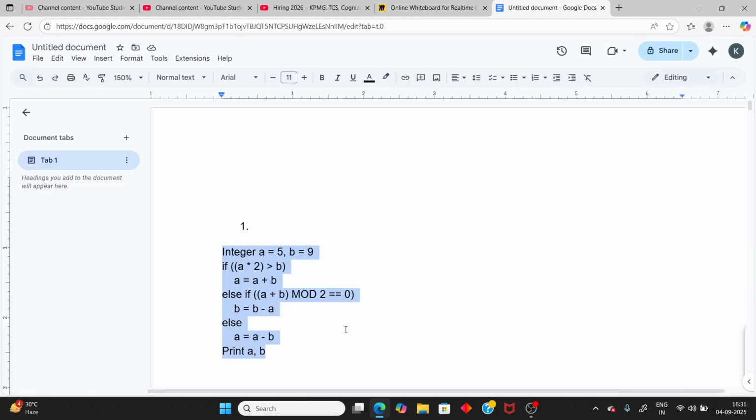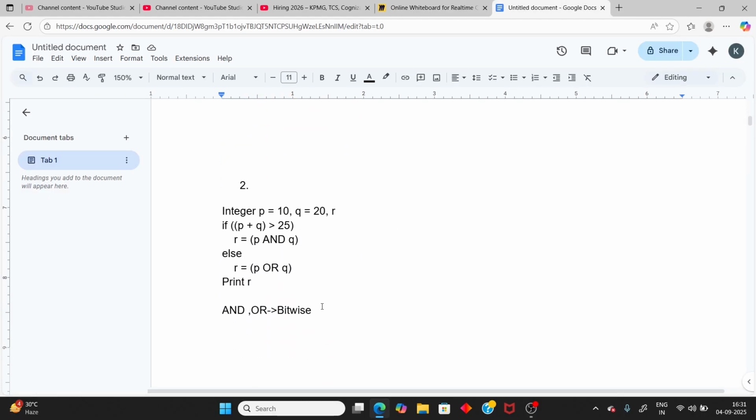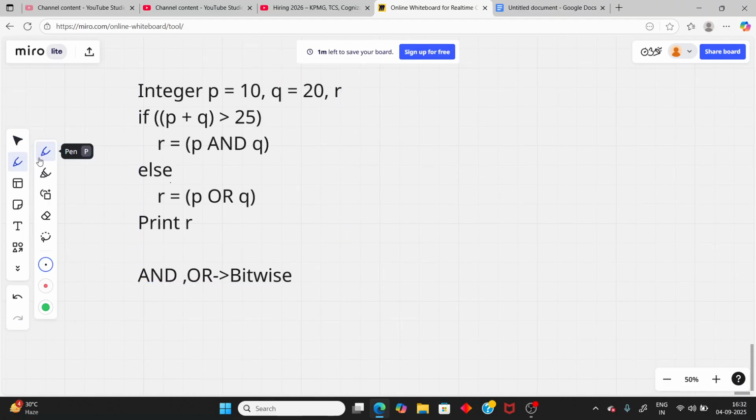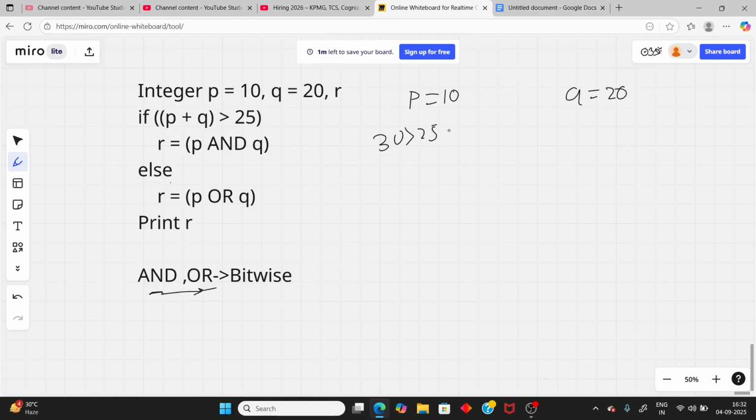Next, moving to the next question. And you have only 30 minutes to solve 30 questions. Here the and/or are bitwise operators. In the question, they will mention what and/or mean. If they mention logical operator, you should take it as logical. If the question mentions bitwise, you should take it as bitwise. First P equal to 10, and Q equal to 20. Then P plus Q means 30, greater than 25. Yes, the condition is true. So R equal to P and